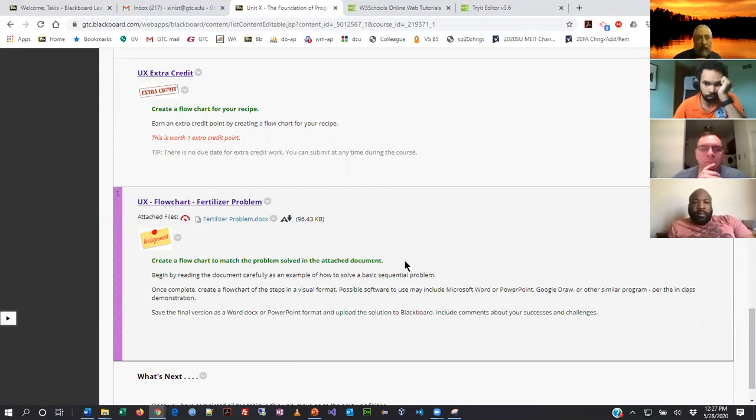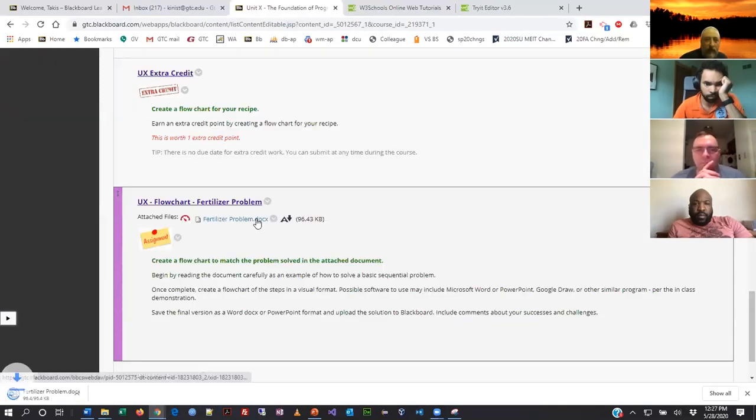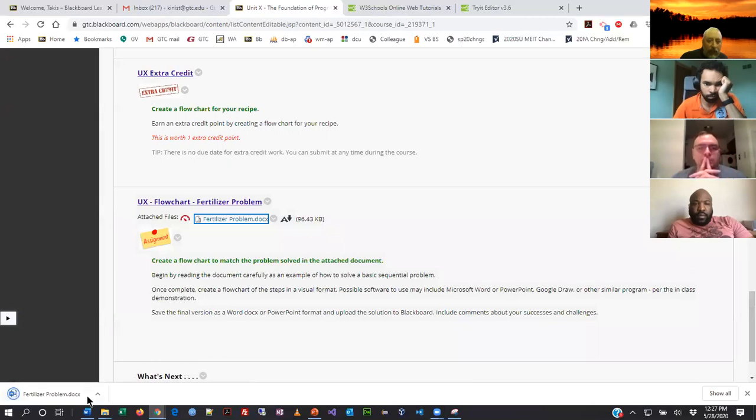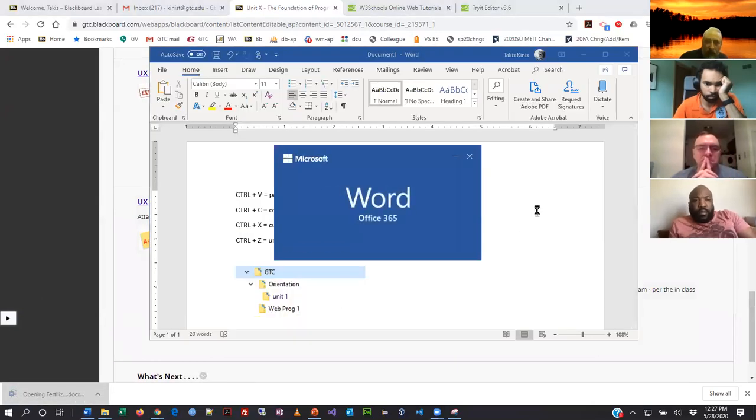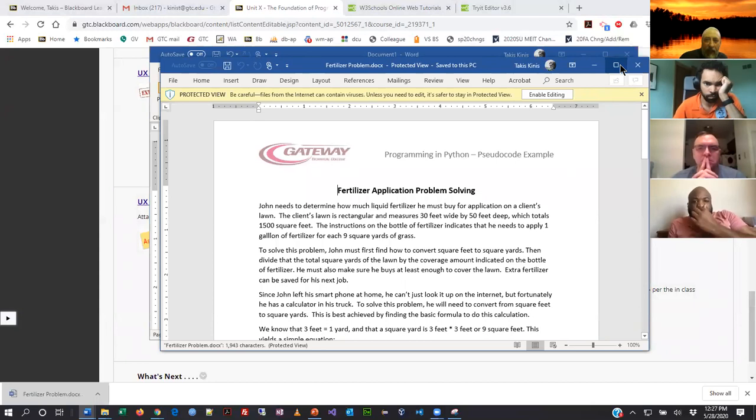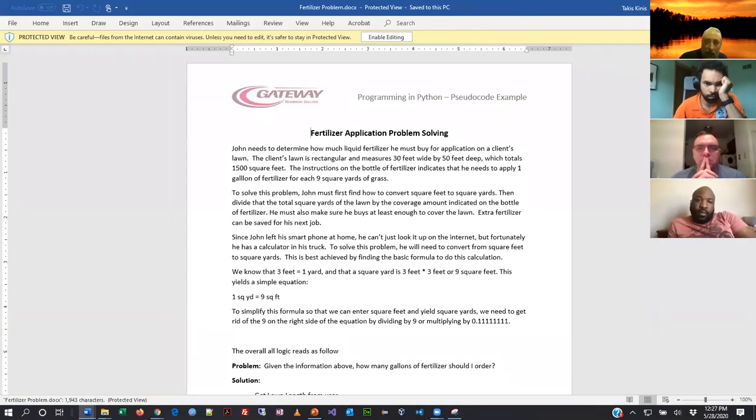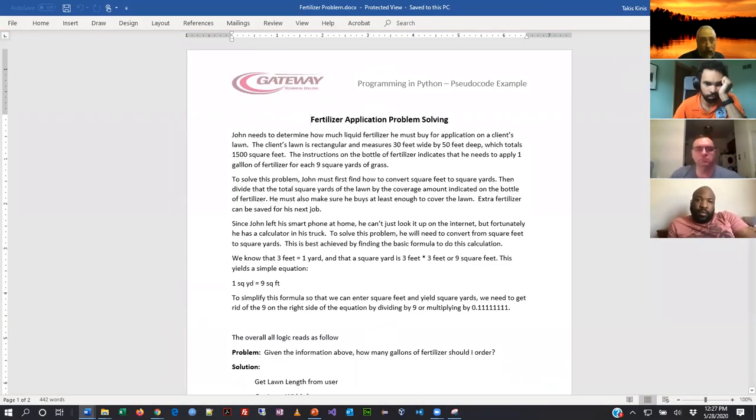See the scenario here? It says, read the document carefully as an example of how to solve it. Once complete, create a flow chart, put it into a Word, PowerPoint, Google Draw, or other program, and then save the final version as a Word doc or PowerPoint format, and then upload to Blackboard. So it tells you what to do. Let's take a look at the problem description, just to give you guys a little bit of a preview of this. So once again, this is a problem that has already been solved with pseudocode, but it goes through a whole